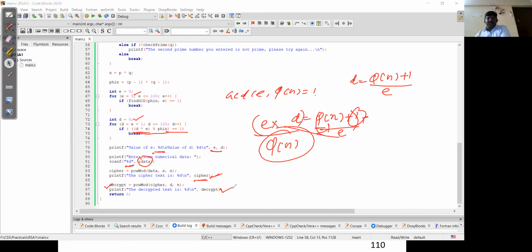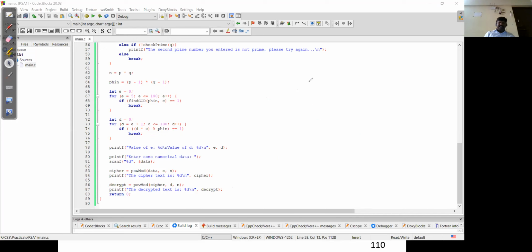Instead of the power mod operation, I'll write another set of steps through which you will understand it clearly. You will use different variables, ciphertext equal to any value, and you can use the power function available in C language.